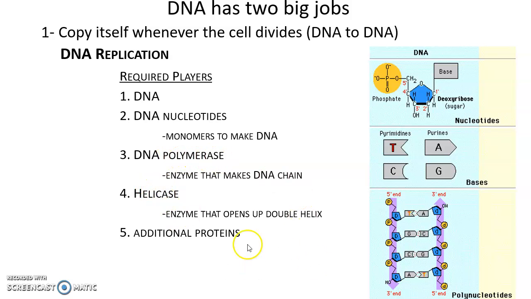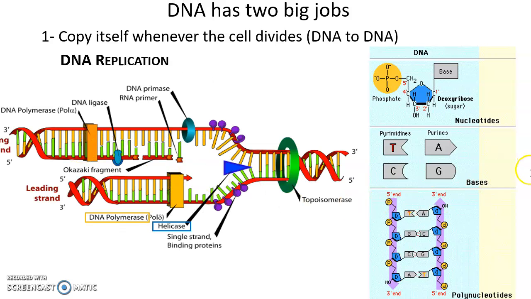You also need helicase. Helicase is an enzyme that opens up the double helix of the starting DNA. And there's actually a lot of other players involved too, but we're not going to worry about those. So DNA, DNA nucleotides, DNA polymerase, and helicase. So we look at this